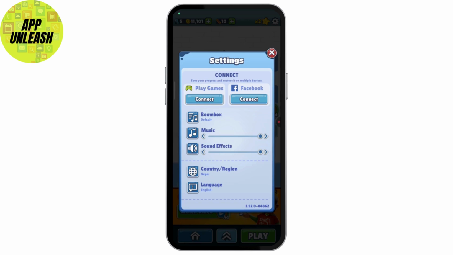So the only way to get your name changed is you'll have to connect Subway Surfers to either your game center or connect your Subway Surfers to Facebook and get your Facebook's name on Subway Surfers. So either connect with your Play Games or connect with your Facebook. Once you've connected, then it will change the name that you have on your Play Games and Facebook, and you'll get those names. In this way, you'll be able to change your name on Subway Surfers,